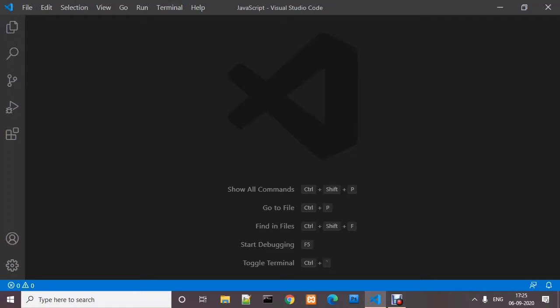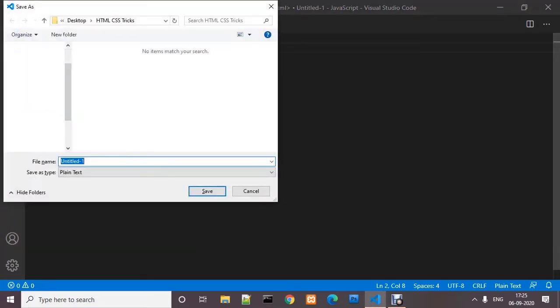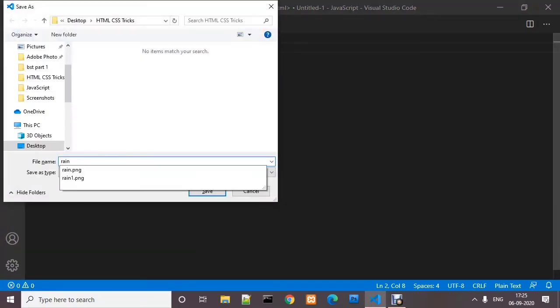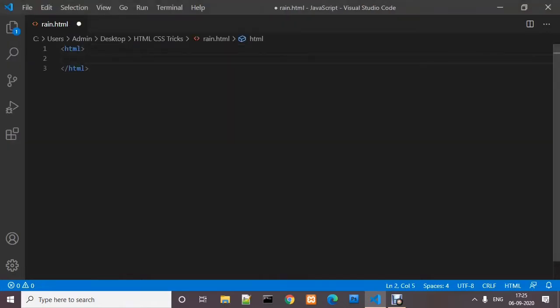First we have to create a HTML file which contains a div with a class rain. So first of all we have to create a new file which will contain all the HTML tags. So I'm creating this and saving this file first as rain.html and writing down the other necessary